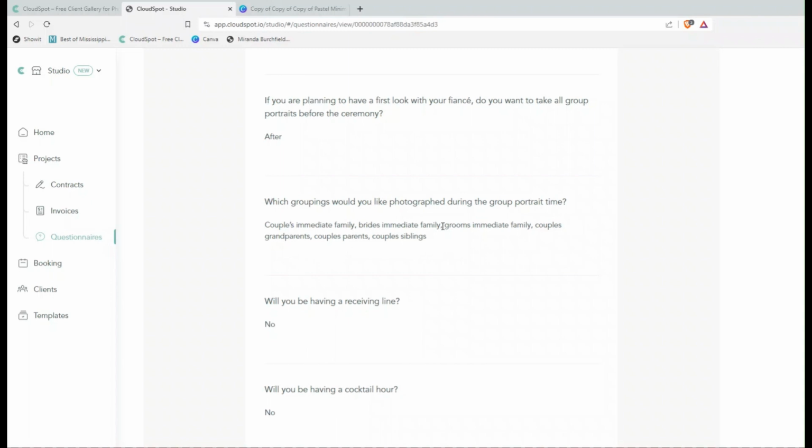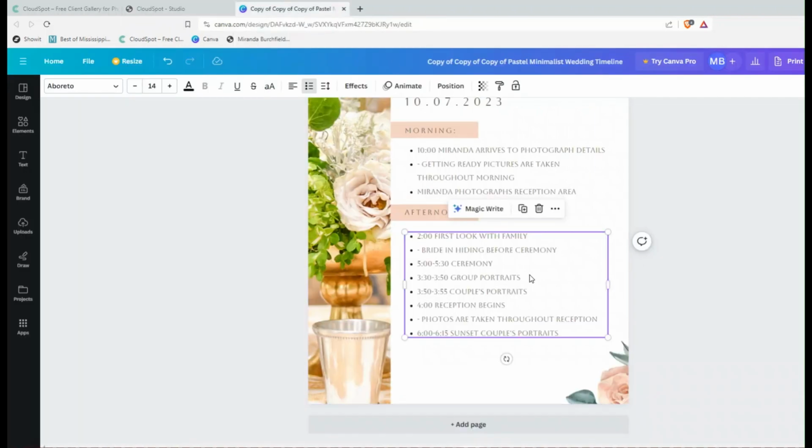So that is not an extensive amount of group portraits. Let's tentatively say that from 5:30 to 5:50 we can take group portraits,